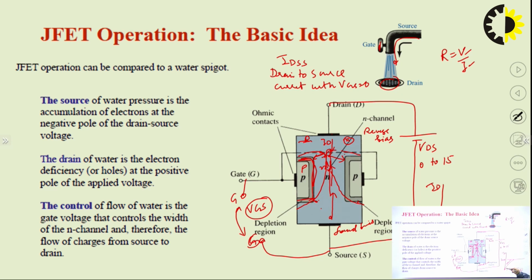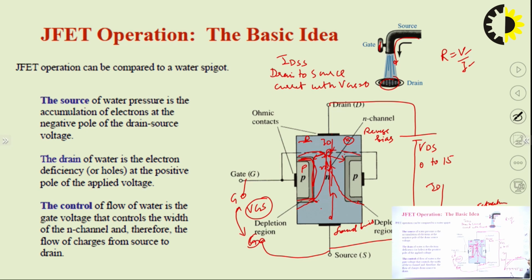So here we can see we have changed the value of VDS from left to right, and the current also increases in the same pattern. So at this point the current will become maximum. This is the IDSS, and after increasing this VDS, this ID current will remain constant. So this part is the saturation region, and in this region the current will remain constant even on increasing the VDS potential.